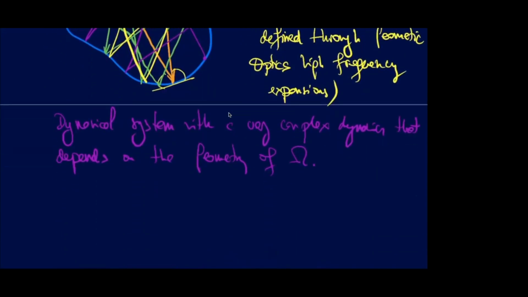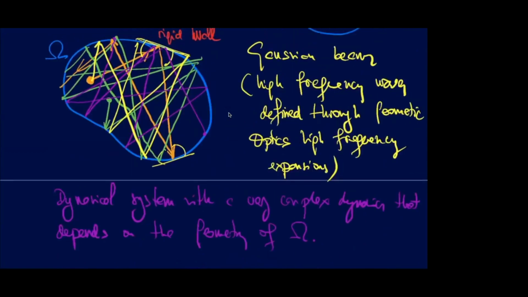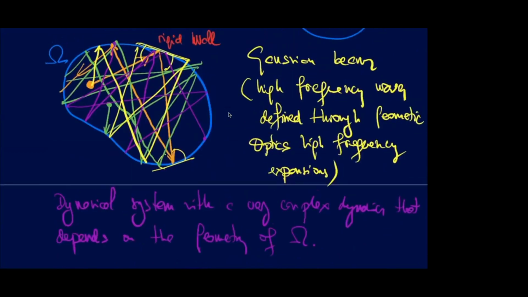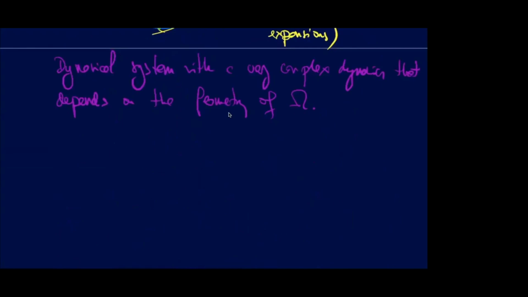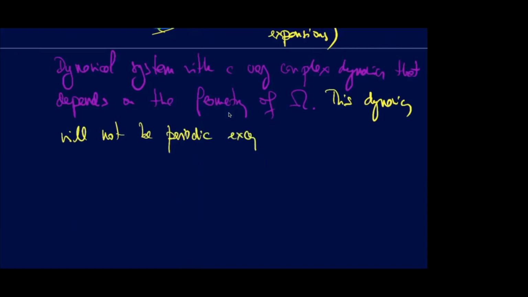So do you think that these dynamics will be periodic? Well, obviously not. I can give you another example where you can see the lack of periodicity, right? And these dynamics will not be periodic except in dimension d equal 1, right? So this is a very prototypical example, in which you see that the understanding of